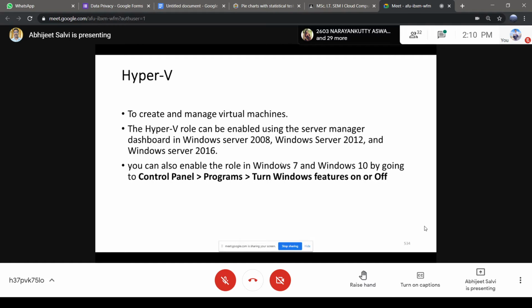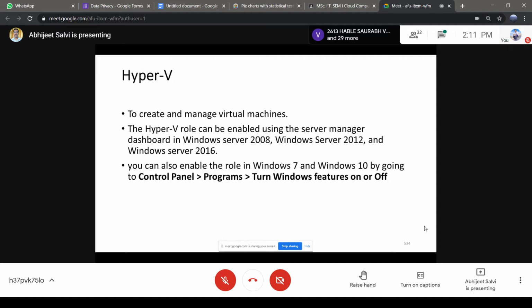If you are going for Ubuntu or a Linux distribution, then we have KVM over there. Then Xen server virtualization we have already done. Then VMware ESXi, right? So that Xen server and this VMware ESXi, those are all type 1 hypervisors. We used to call it a type 1 hypervisor or native hypervisor. Like that, there is another tool from Microsoft doing the same job, especially with Windows Server machines.